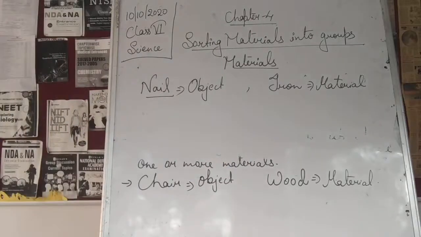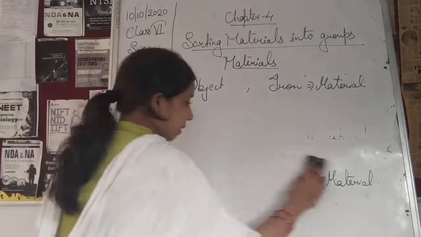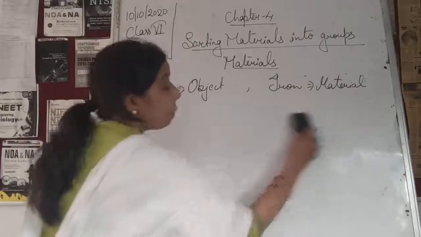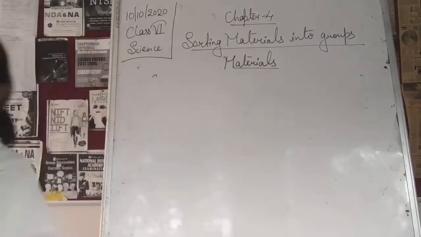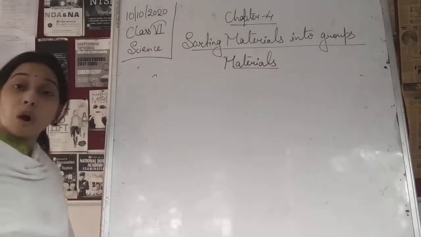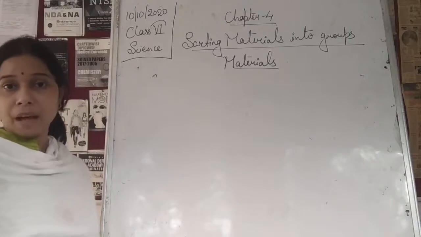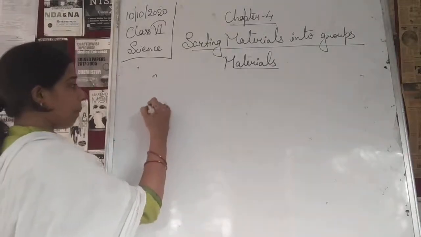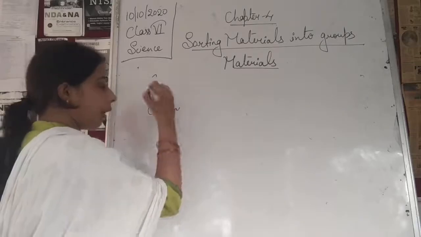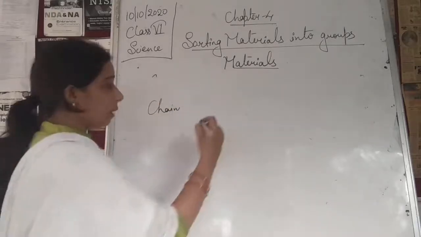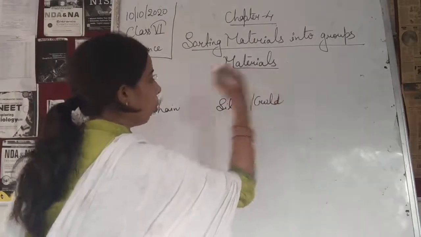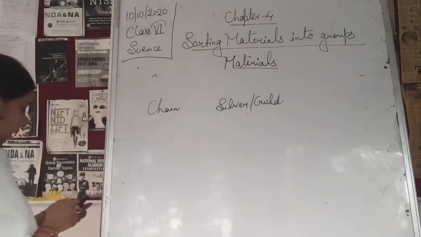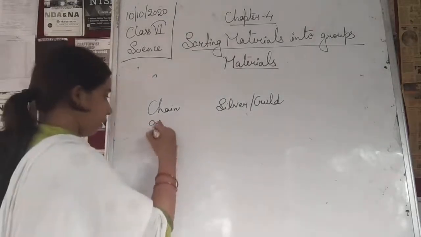Okay, a lot of examples are there, students, like wood is there, glass is there, plastic is there, metals are there, by which metals, aluminium, copper, silver, gold, and paper is there, students, cotton is there, jute is there, different fabrics are there. So if we take an example of a chain, so chain is what? It is an object and it may be made up of silver, it may be made up of gold. Okay, or if we take an example, table.